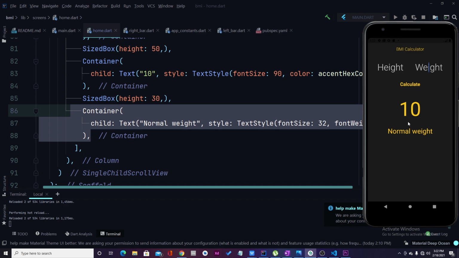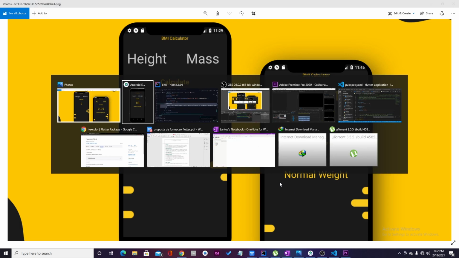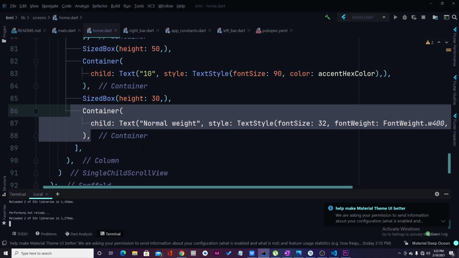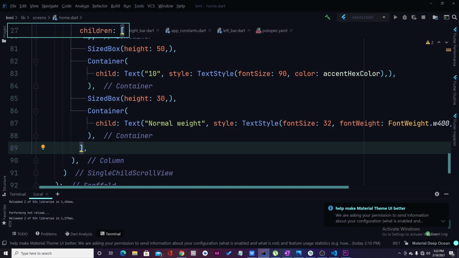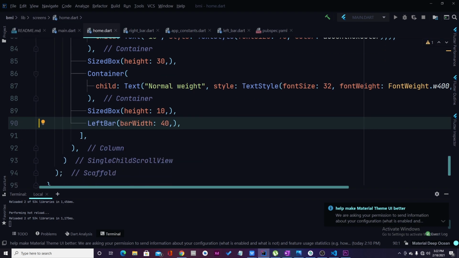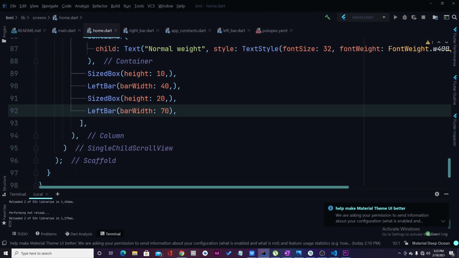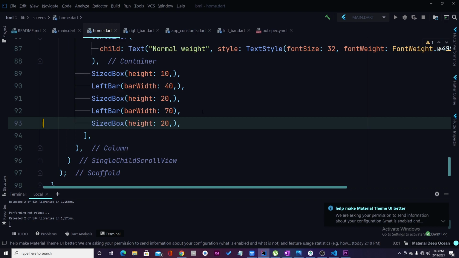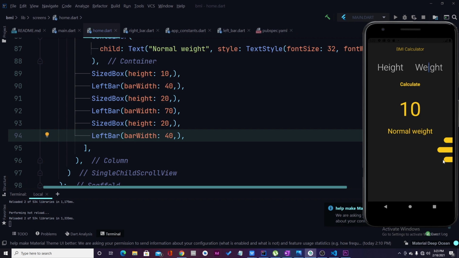Now the last thing to do is add those bars here, these things here, which is very simple since we already created our custom widgets. We are just going to do here left bar width is 40, and then some space, and then add another bar, and the bar width is 70, and then some space and add another bar, hot reload. Now we have this,